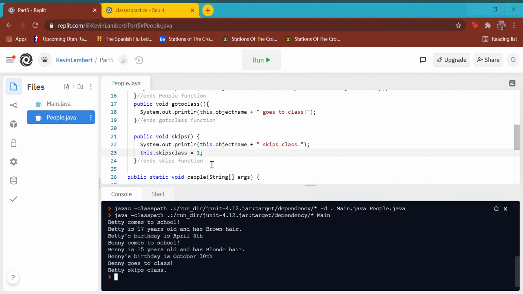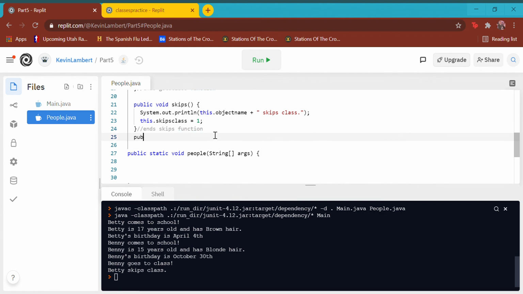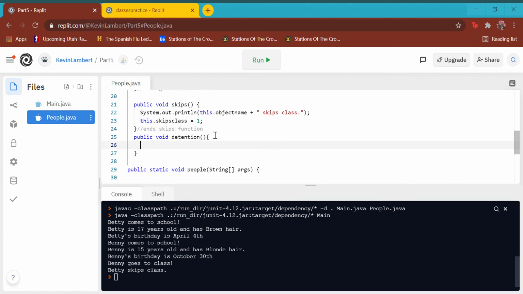And then we're going to create a new function underneath that. And this is going to be public void detention. And I'm not going to put an end thing there. And this one closes the detention function. So we're going to create a detention function. And it's just going to be a simple if, right? If this dot skips class equals 1, which means if it's true, then we're going to